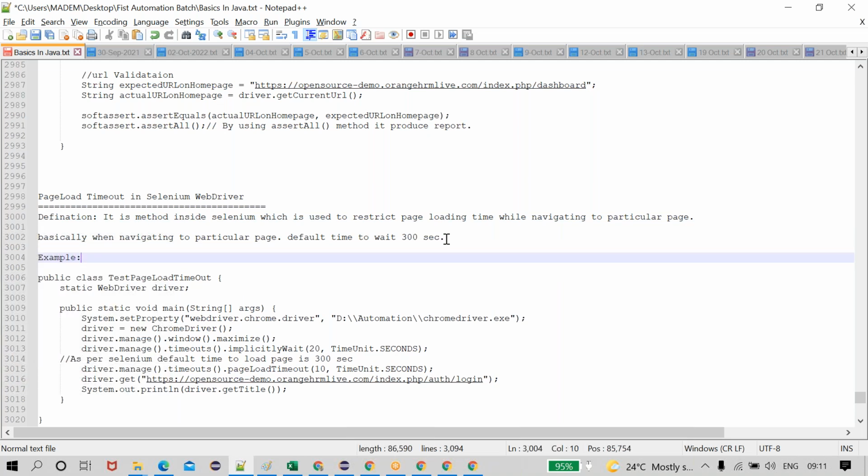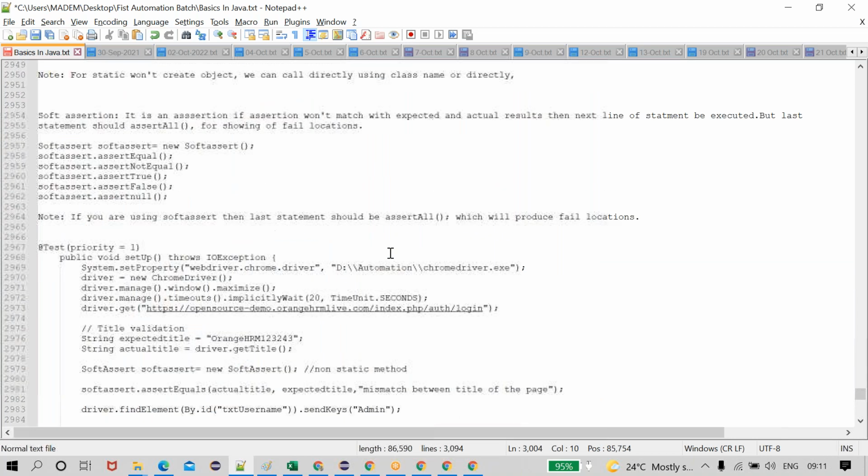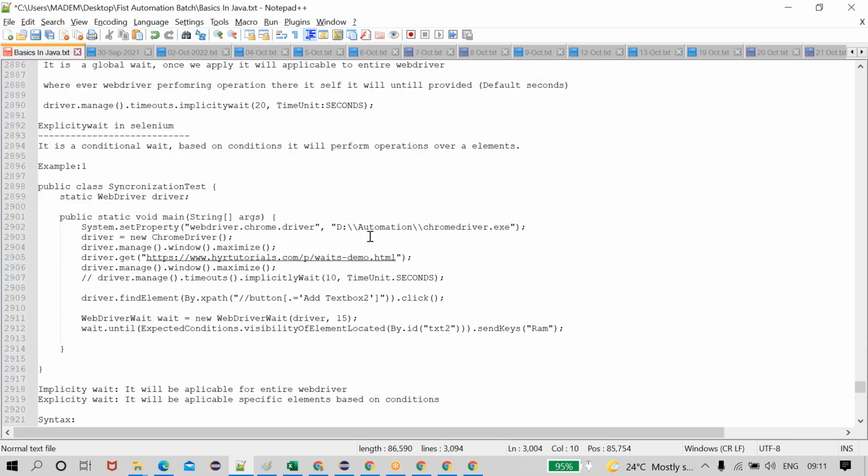I think you got some clarification about the page load timeout, about soft assertion and hard assertion, and about the explicit wait. Where to use the explicit wait, where to use the implicit wait. Is it fine, you people? Radha, Ajitesh, CH Kumar. When to go for implicit wait, when to go for explicit wait, when to use page load timeout, when to do assertions, soft assertion, hard assertion. Very, very, very important, guys. In the interview room, definitely they will ask you.